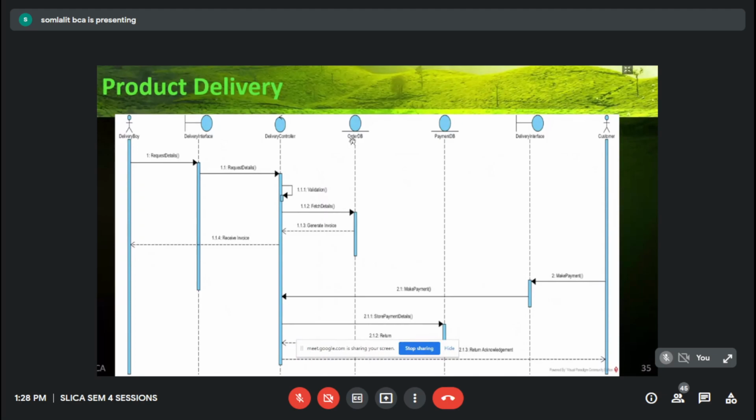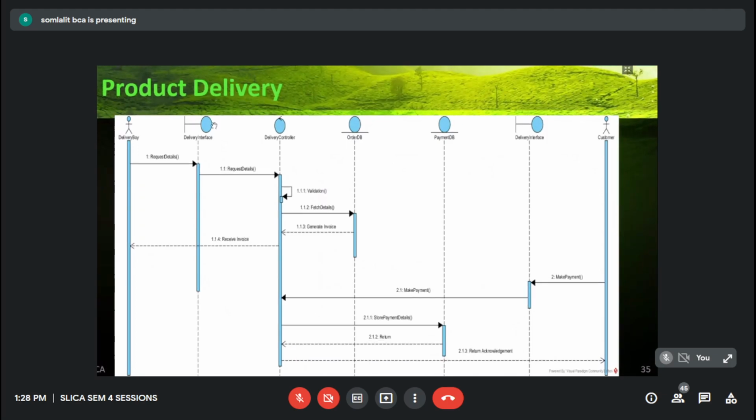Here it's a boundary. Here also it's a boundary. There is only one controller. I hope the things are clear. Shall we go ahead with the theory?